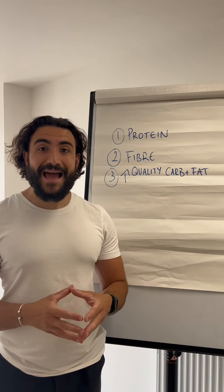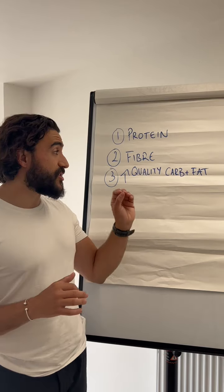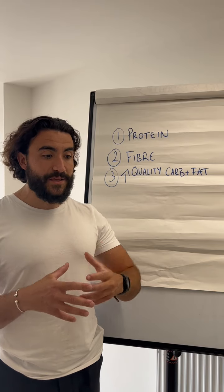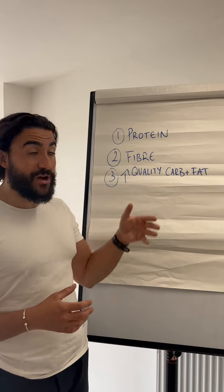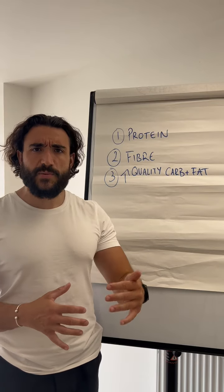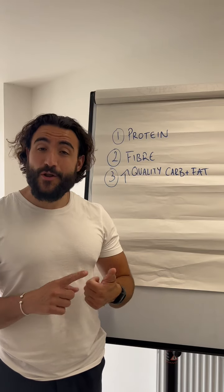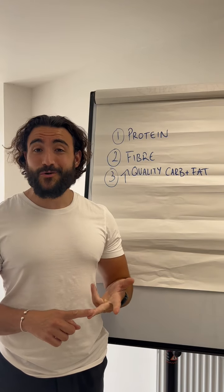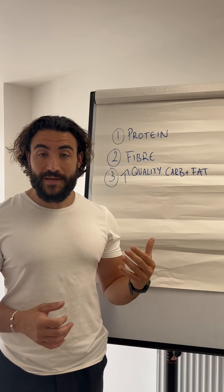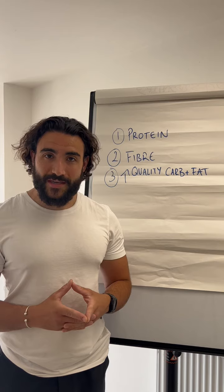And that's it. That's how to make a shopping list without all the frills, without all the excess, just keeping it down to the bare bones. And the thing about that is, if you make your shopping list via this structure that I put together, when you turn to think about, what about the biscuits and the sweets and the crisps? They don't fit in. They're not a protein, they're not a fiber, and they're not a good quality carb and fat. So more often than not, if you use this to make your shopping list, there's no room for any of the nonsense. Give it a go, let me know how you get on,